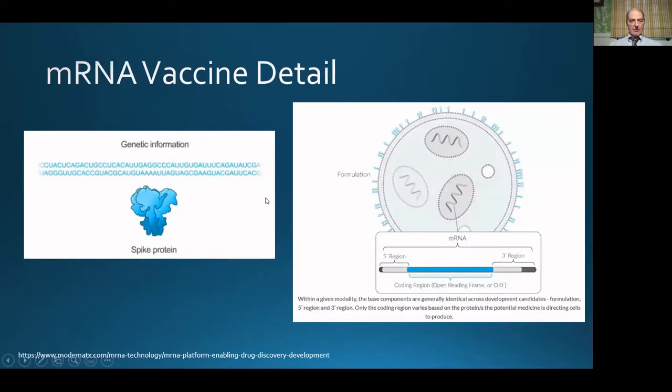So this diagrammatically shows what the mRNA vaccines look like and how they work. The M stands for messenger RNA, and the messenger RNA sequence is actually put inside of a lipid coating. So the vaccine essentially recreates the virus itself, but you have to do that to protect the RNA because it would otherwise be degraded very quickly by your cells or by body fluids. But the messenger sequence is actually in the nanoparticles that are in the vaccine, and that sequence has been modified so that when the body